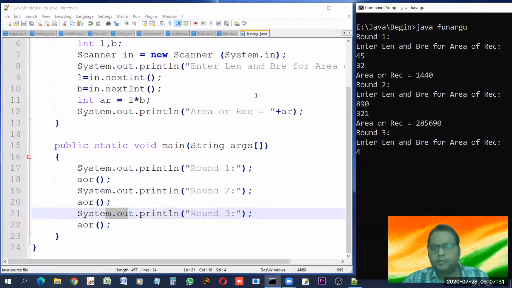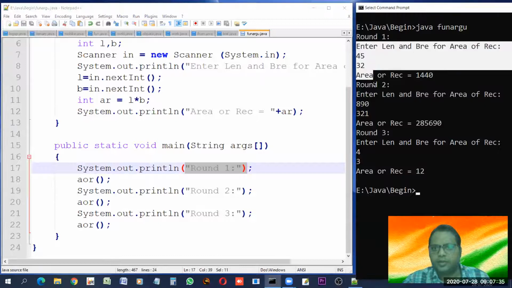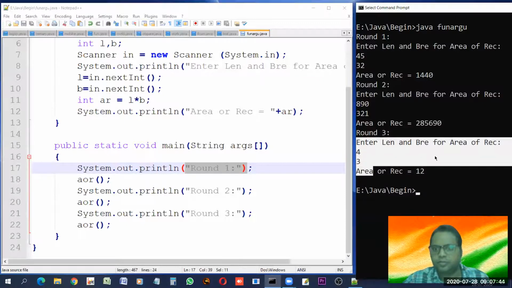Look, round 1, because of this. All of this happened because the function was called. Then round 2, why it is happening now, you can understand, is because of the function call. This round 3 is also because of the function call. So dear students, I hope that at least this point is clear, because this has already been discussed in our previous 2-3 videos. So what's new in it? Nothing is new in it right now. Now there will be something new.